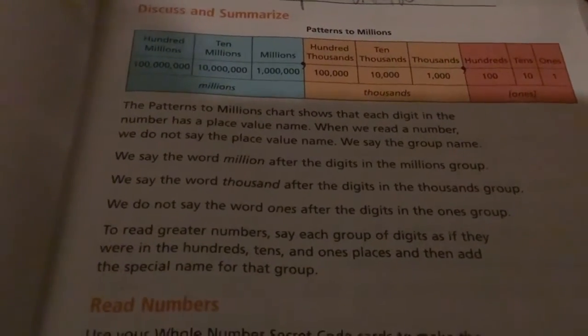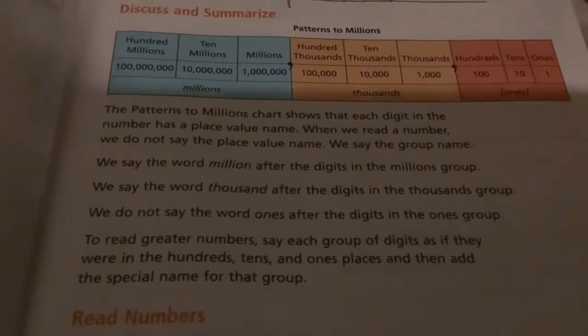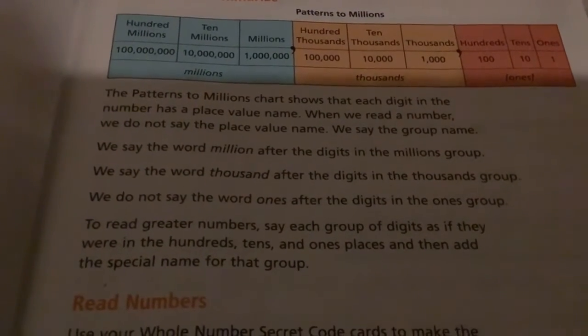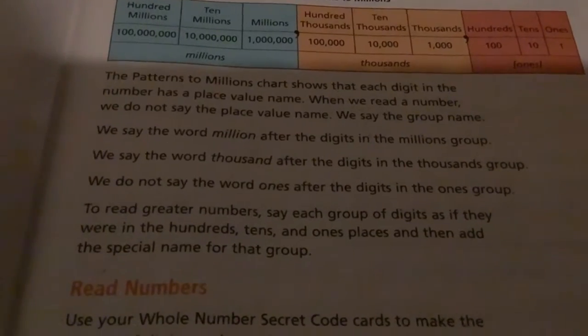How does it work? Okay, Peep. We are learning about numbers to 1 million. How it works is very simple. So, on page 11, we are going to do this. Unit 1 lesson. Discuss and summarize. The Patterns to Millions chart shows that each digit in the number has a place value name. When we read a number, we do not say the place value name. We say the group name. So the chart shows that each digit in the number has a place value name. For example, in the thousands place, 1,000 is a place value name. So we always say 1,000, like